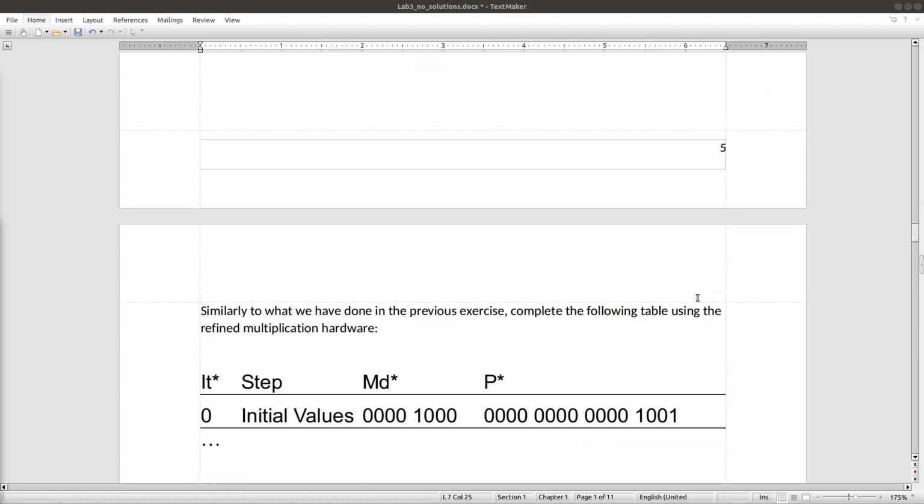and then you will need to apply that hardware to this multiplication with this initial value, step by step, so that you can see how the multiplicand and the product will change until you get the final result.